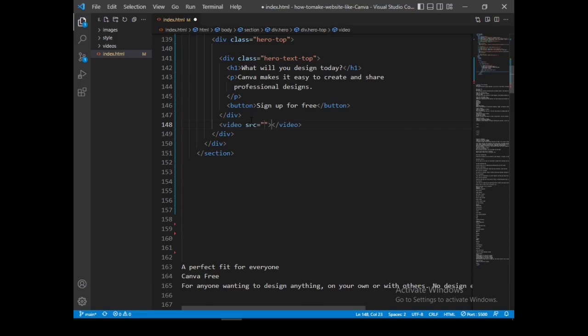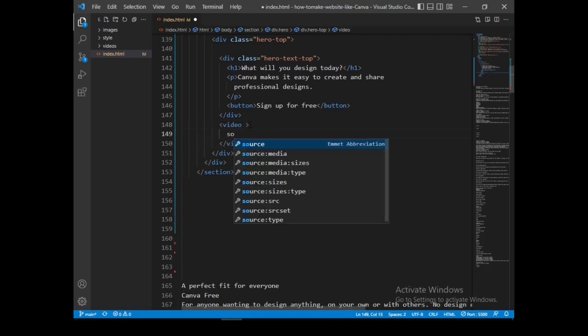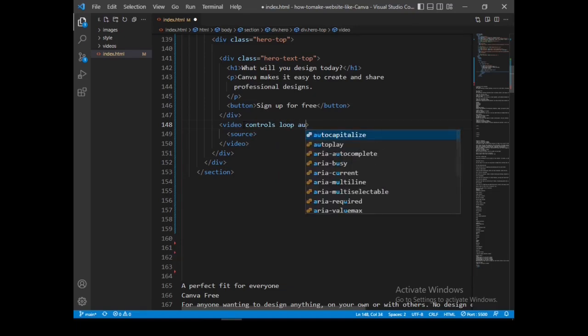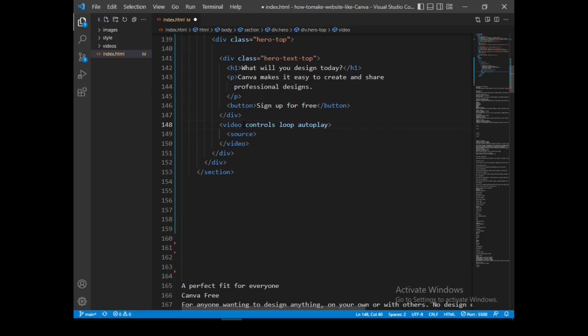For the source, I want to put source inside here. Now let's put in some controls first, and then I want the video to be on loop autoplay. Let's set the height of the video to 350 pixels, and the width I'll set to 550 pixels.